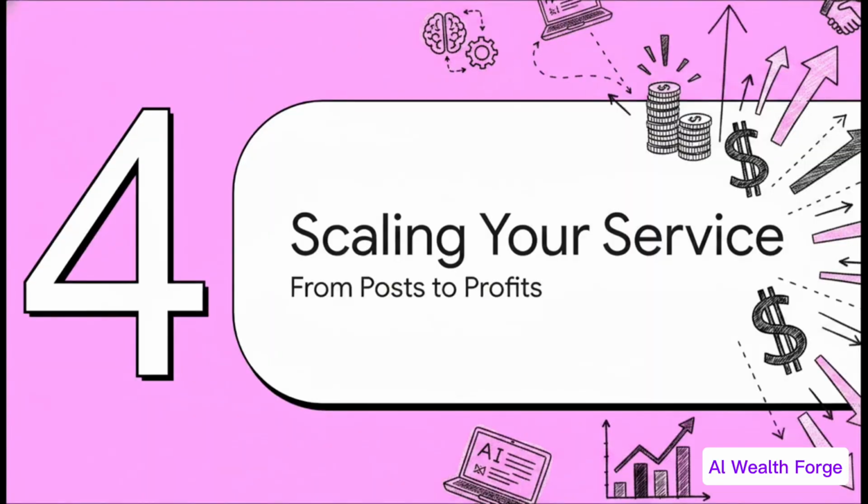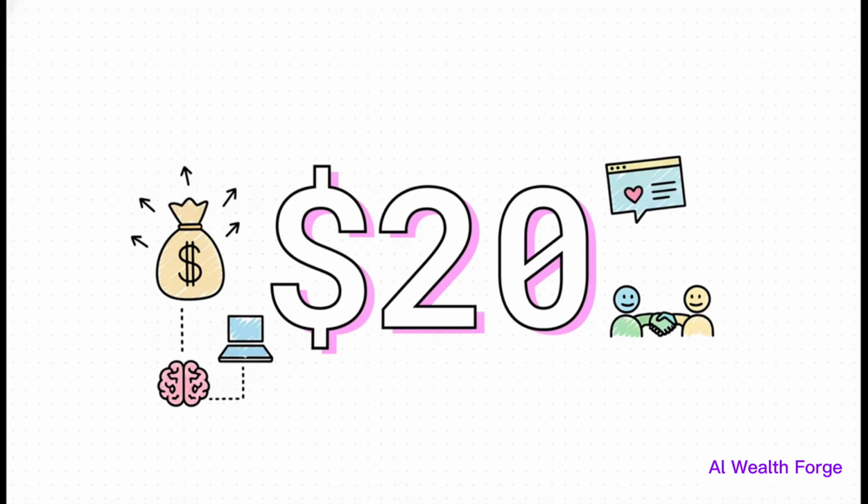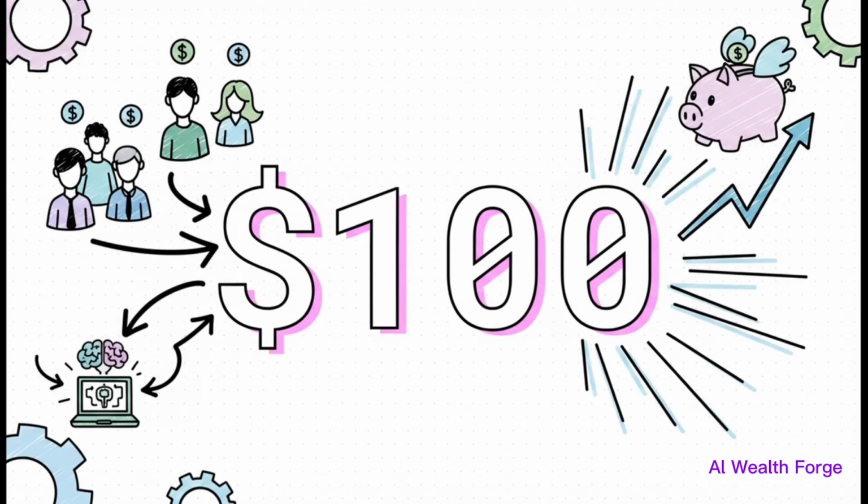Okay, look, doing this for one client is cool, but the real magic happens when you start to scale it up. So how do you turn this from a one-time gig into a steady paycheck? Well, it all starts with that first client. Maybe you make $20. Is that going to change your life? No, but it's the most important $20 you'll make because it proves the whole thing works. It's your proof. But here's the thing. Because this is all so fast, getting 5 clients is pretty much the same amount of work as getting one. And just like that, $20 becomes $100. Same effort, way more money.